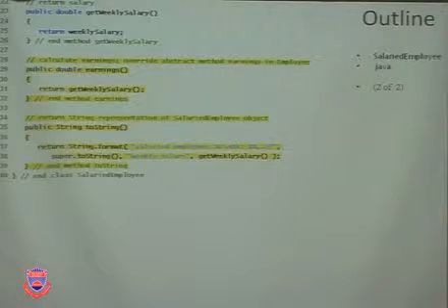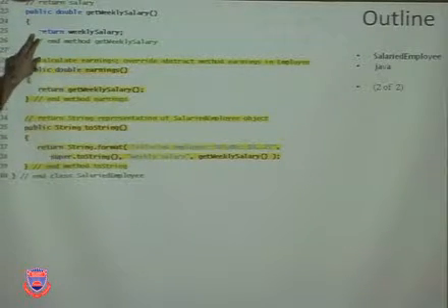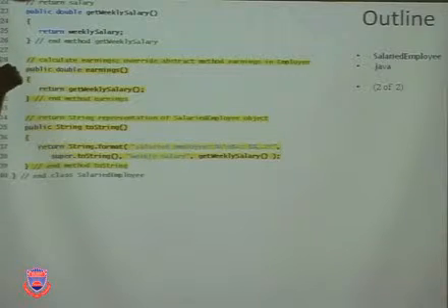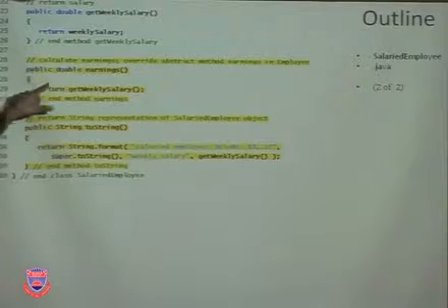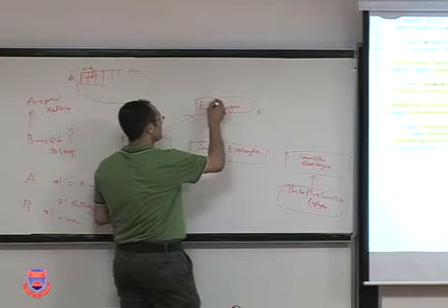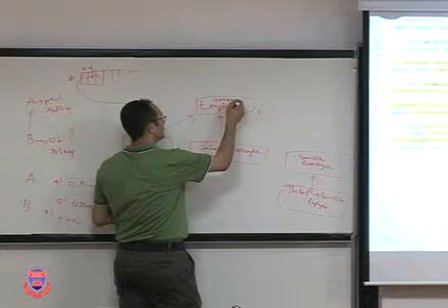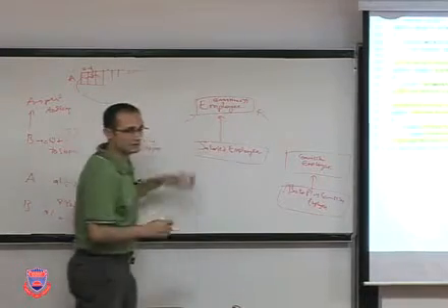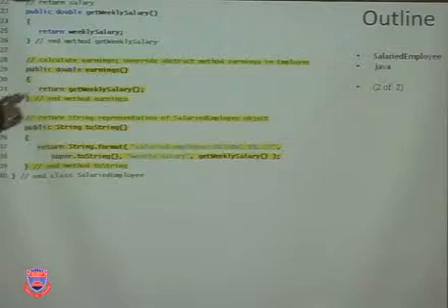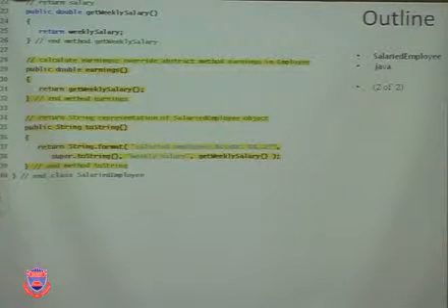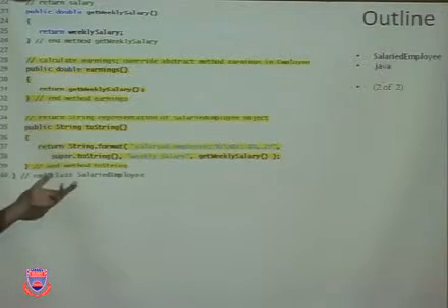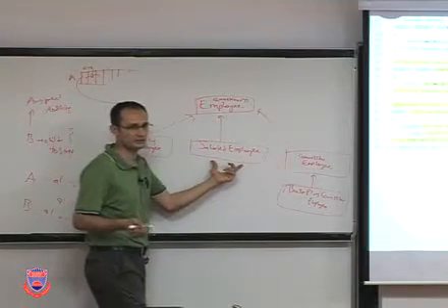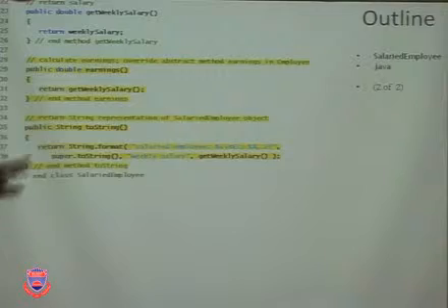And then, if you look into this part, we have the set weekly salary and then get weekly salary, which returns the value. And you have the earnings, which is implemented since this was an abstract class. Since this was an abstract class, we're implementing the abstract method, which is earnings, and it's basically the weekly salary of the person for salaried employees. So that's given as a specification. And then the toString method is also